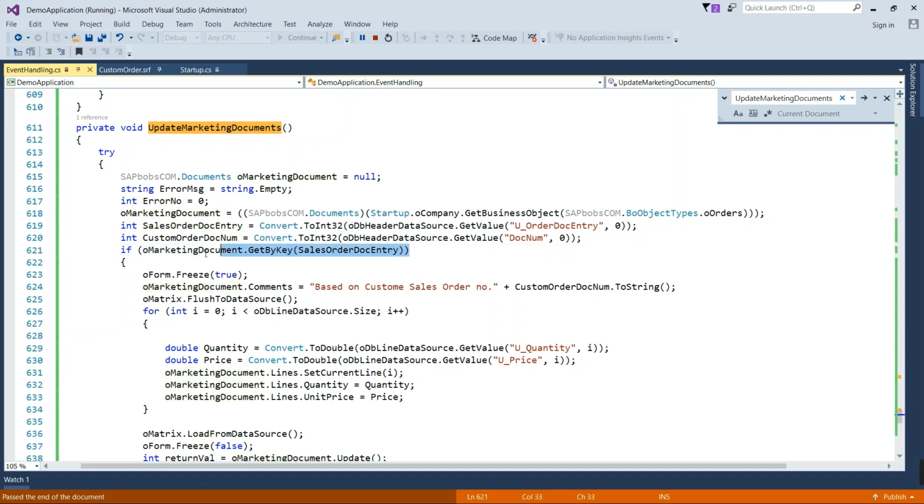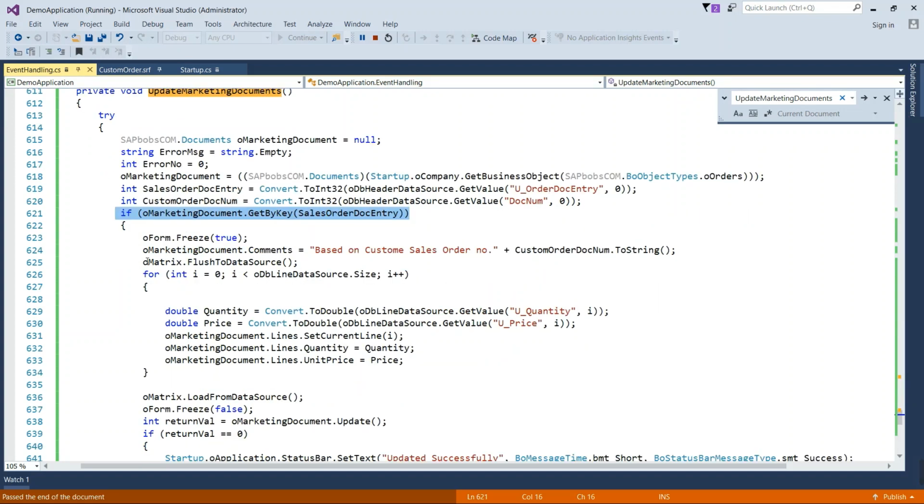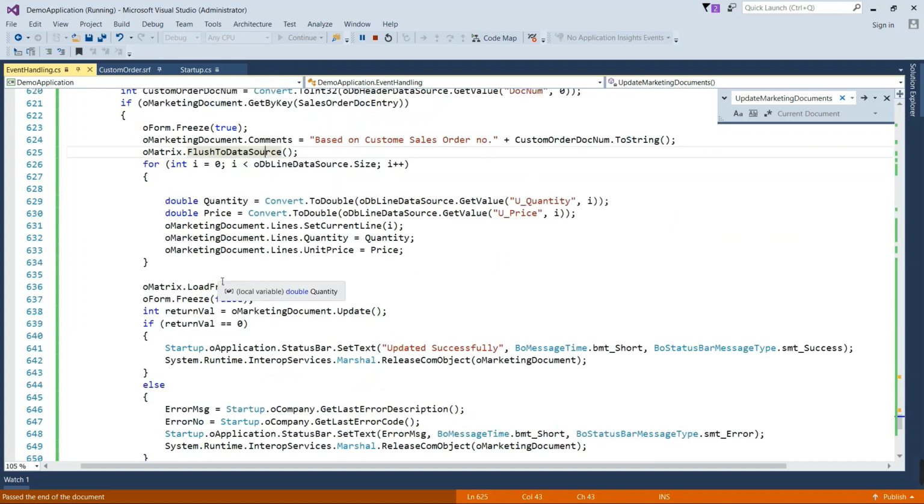You can see here. After that, we have passed a hard coded value into the remarks of the sales order. The remarks field is bound with the comments property. And then again we are coming inside the iteration.